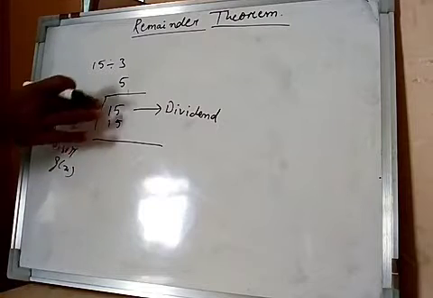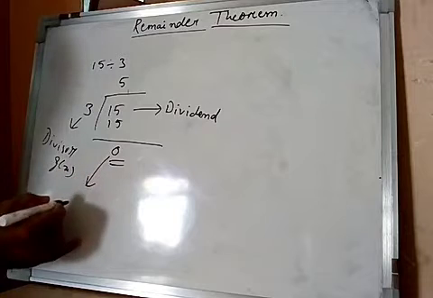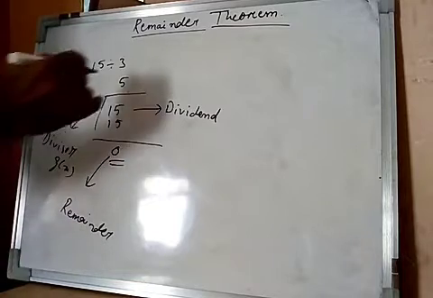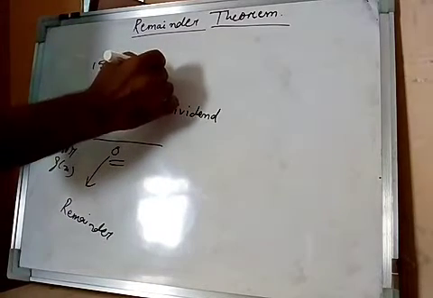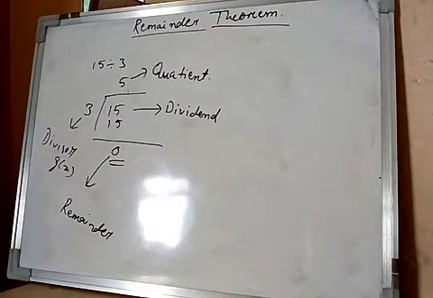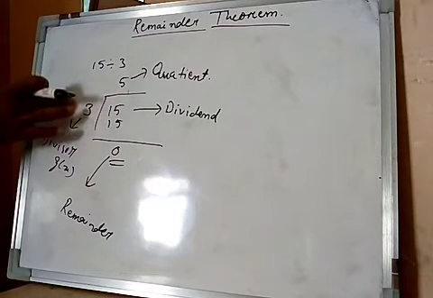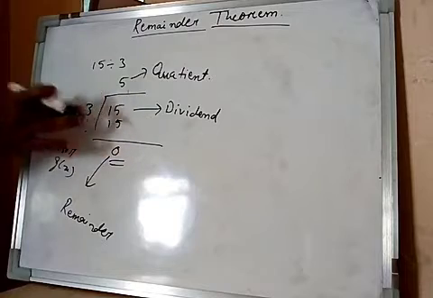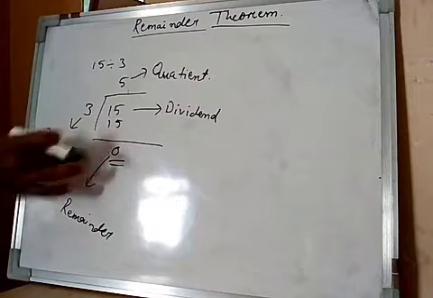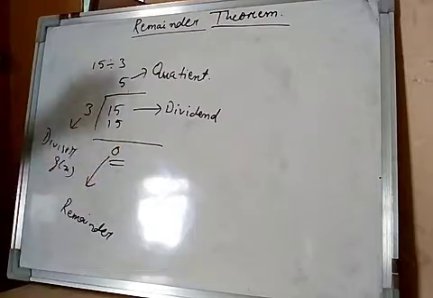In our normal division, we always have to see what else comes. Now this is the remainder, so we can write remainder, and this one is called the quotient. So when we are dividing something by someone, the one who is dividing is the divisor. With whom we are dividing, that is called the dividend, and the answer that comes after division is called the quotient. And whatever remains, if something is remaining, is also the remainder. If nothing is remaining, then 0 is the remainder.